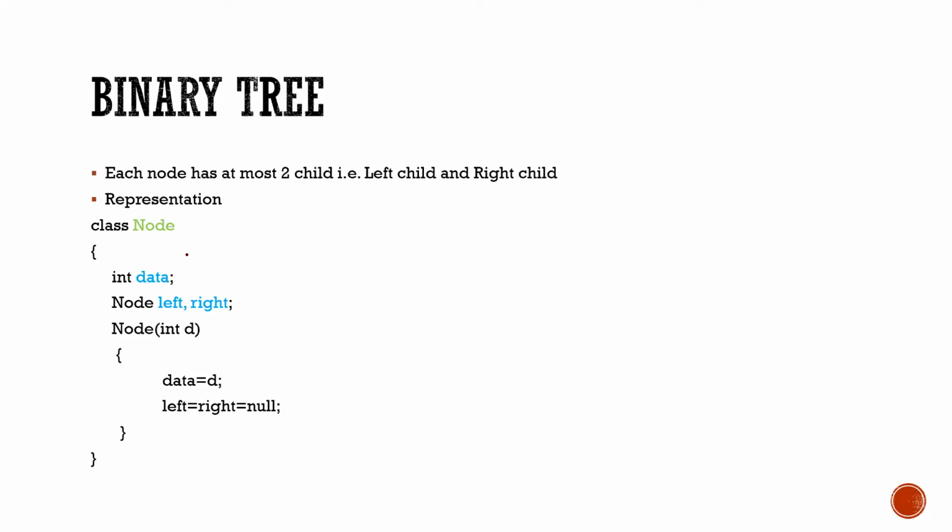This is the node class code. Like linked list, here we are making a class node that is a user defined data type. Class node, with a data part, left part and right part, that is two pointers or two links for connecting the nodes. Then this is the constructor. Node constructor, where we have initialized all the variables, that is data, left and right. Simple. Shall I move forward to the next topic? Is there any doubt up to this point?